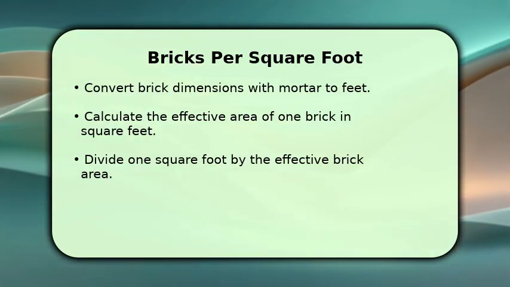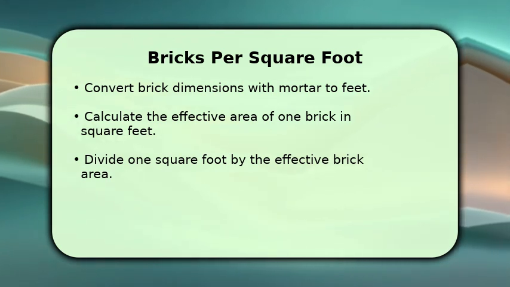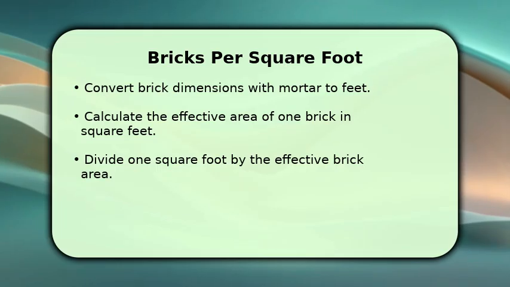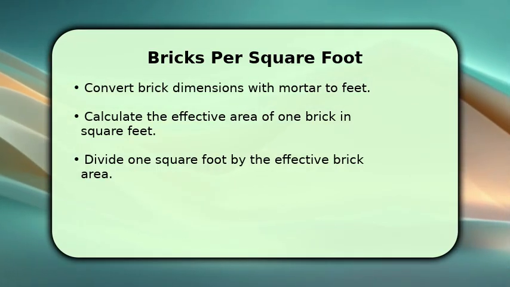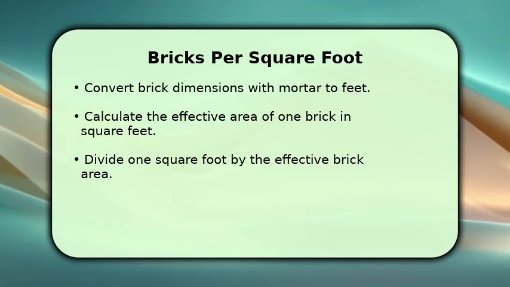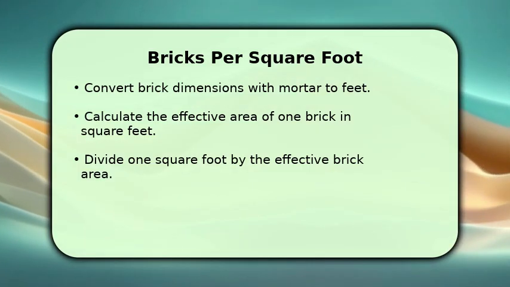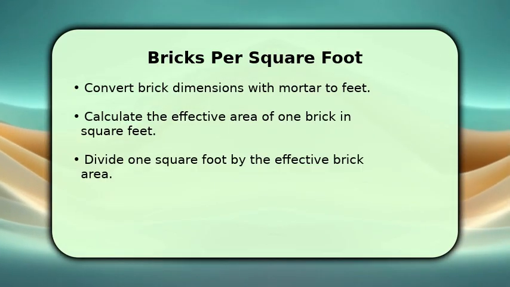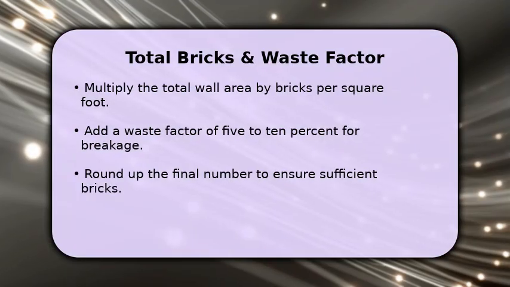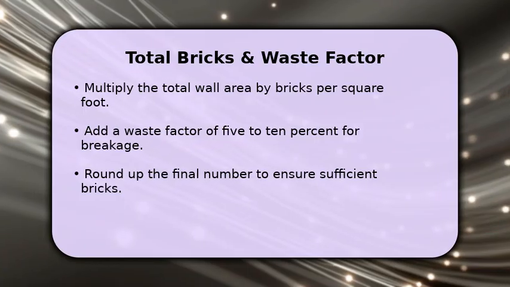A standard brick with a 1/2 inch mortar joint is approximately 8 1/2 inches long by 2 and 3/4 inches high. Convert these to feet by dividing by 12. Multiply these values to get the effective area of one brick in square feet. Then, divide 1 by this effective brick area to find the number of bricks required for each square foot of wall. Finally, multiply your total wall area by the number of bricks needed per square foot to get your initial